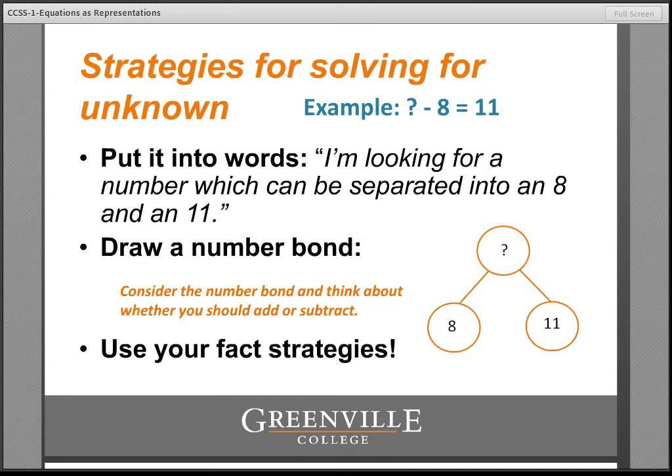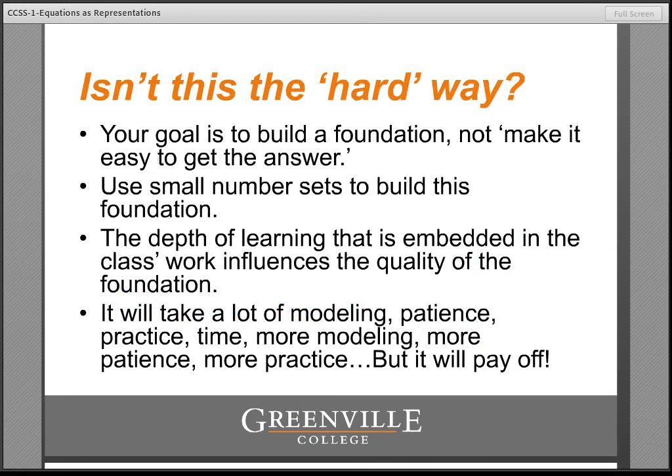You will notice that this lesson that we've just experienced here today did not incorporate any easy, quick fix ways to get your children to find the unknown. In fact, it probably seems like this is the hard way to go about things, but it takes a long time to build the depth of knowledge that is required in the Common Core. It will almost certainly involve some confusion along the way that has to be resolved, but it is possible to build this knowledge starting with small number sets that children are expected to bring to fluency, and then their understandings that they build with these small number sets and the relationships embedded in them will help them understand addition, subtraction, and the relationship between them more deeply, and that work can then be reinforced and extended to larger numbers when they